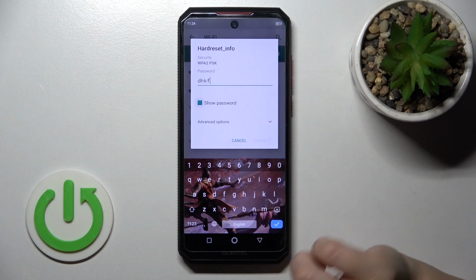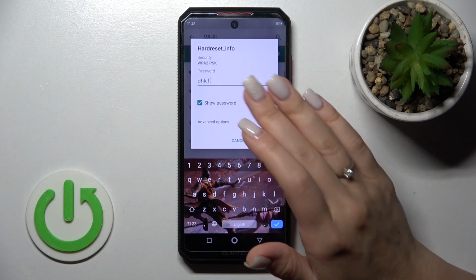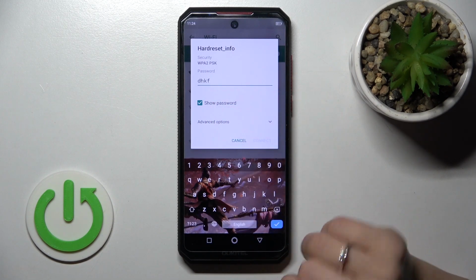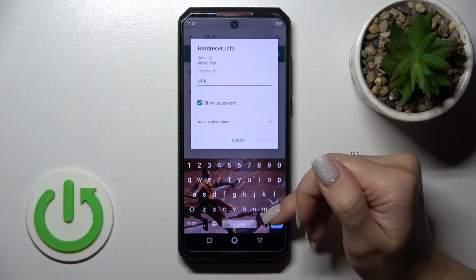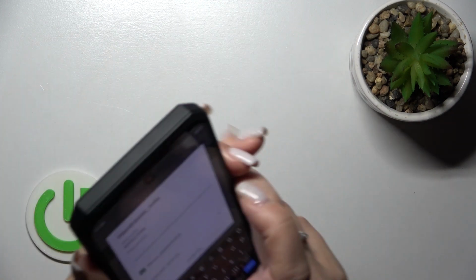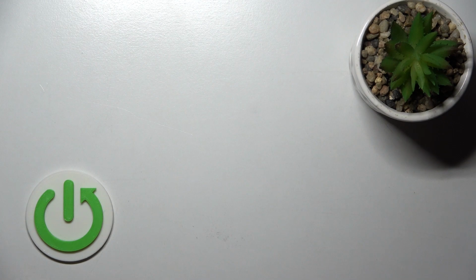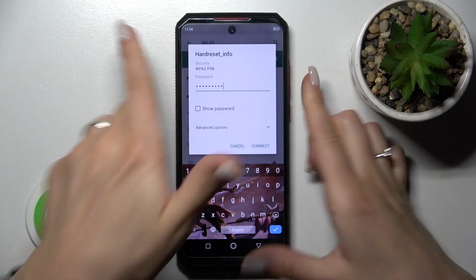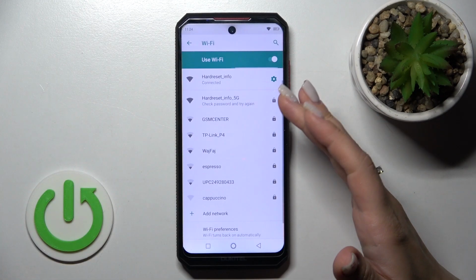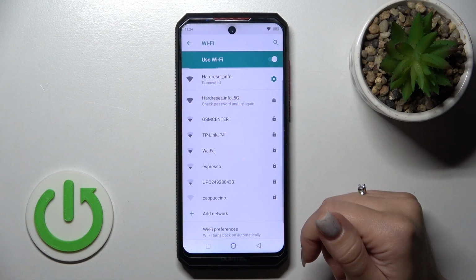Here you should enter the password. To show the password, click on this checkbox, for example, to handle some mistakes. And after that, let's enter our password. And to connect, click here Connect, wait a second, and now we can see that our device successfully connected